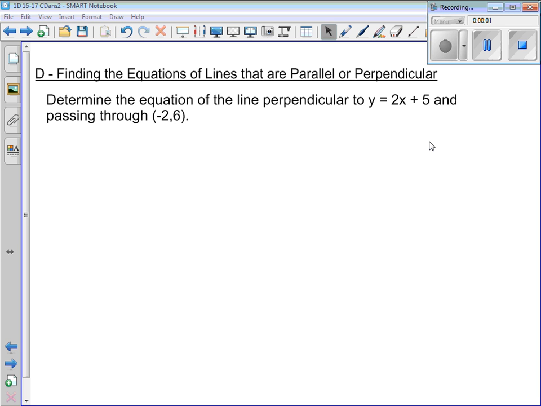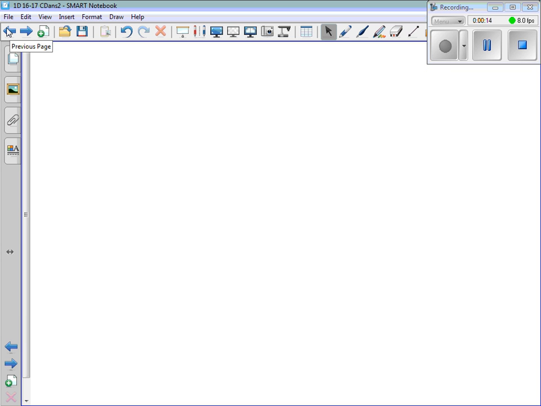Okay, in this lesson we're going to take a look at some examples of finding the equations of lines when we're given some information about whether or not the lines are parallel or perpendicular. Now before we do that, let's just recap a little bit what we know about the slopes of lines that are parallel and perpendicular. So if we have, let's say, two parallel lines,